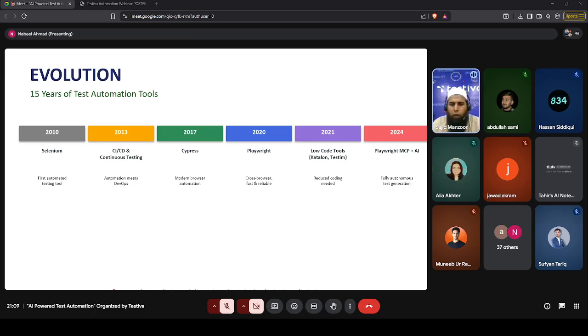Okay, so in 2021, those low-code platforms emerged in the market. They were very good. You don't need explicit coding knowledge to use those tools, but still they were quite expensive. They were commercial tools. There were hardly any open source tools available with the low-code or no-code experience. So the cost was one thing, and they were a bit slow as well. Although there was a bit of AI touch in those tools, they lacked context. They generate generic test cases. There were a few context-specific issues in those tools.